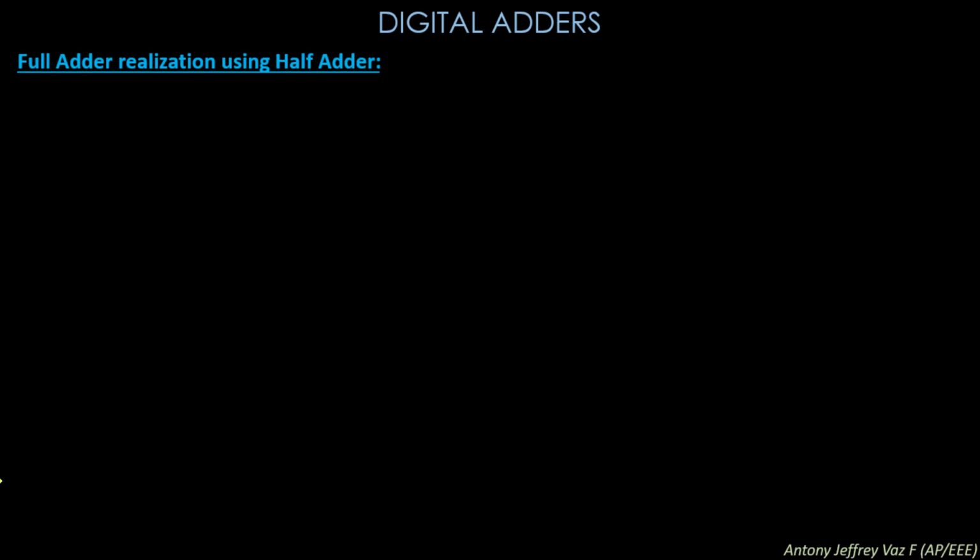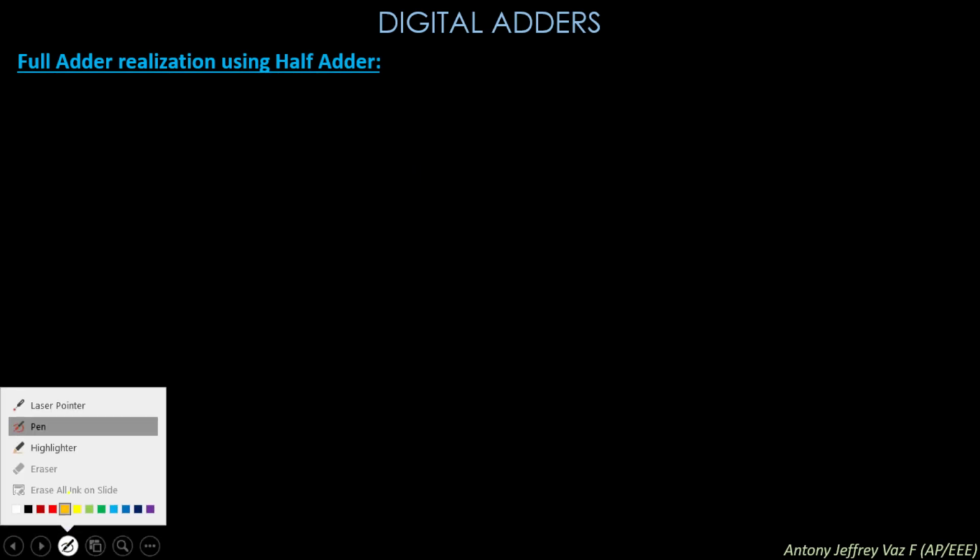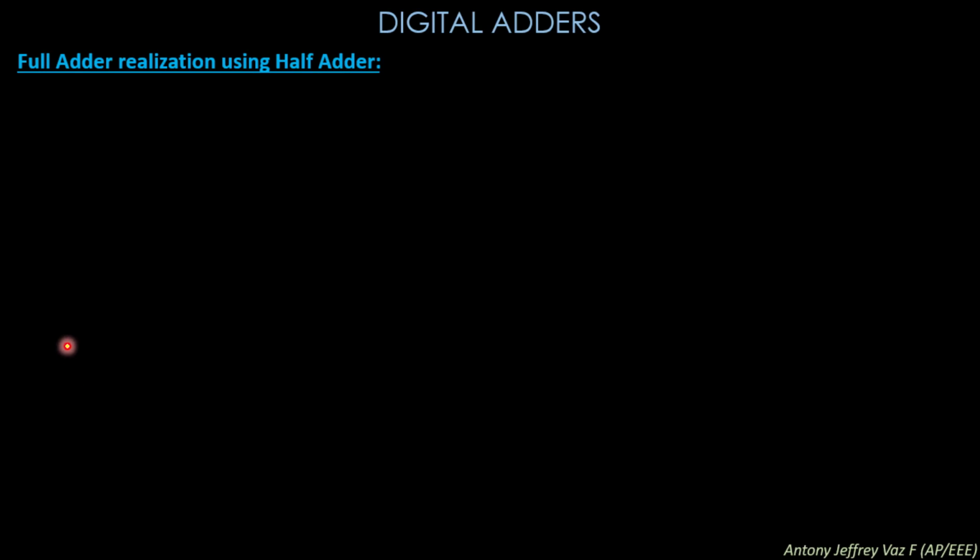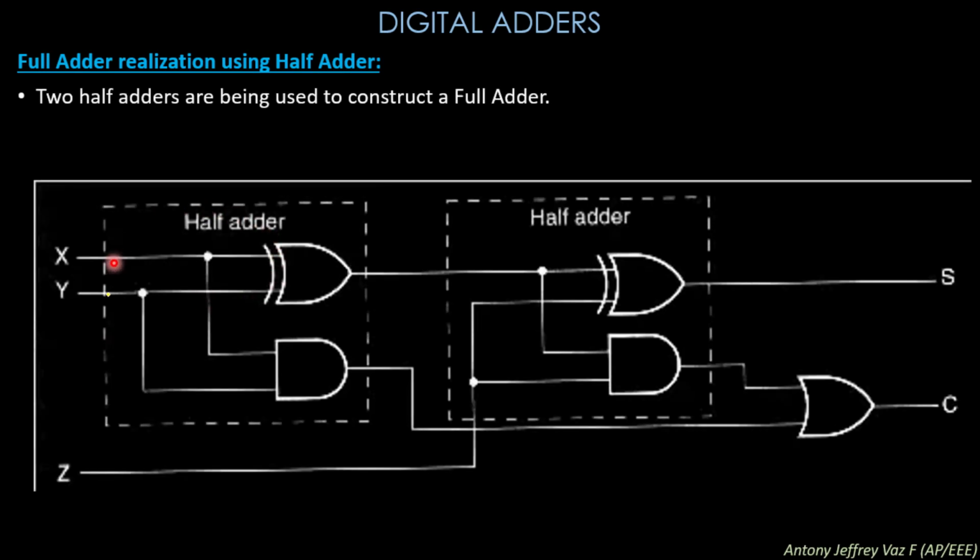Then the realization of the full adder using two half adders. To do this, you need two half adders connected back to back, so that the sum and the carry from the first half adder are used by the second half adder. After that, the two carries which are provided by the half adders are connected together with the OR gate, so that it will provide you the carry signal, and